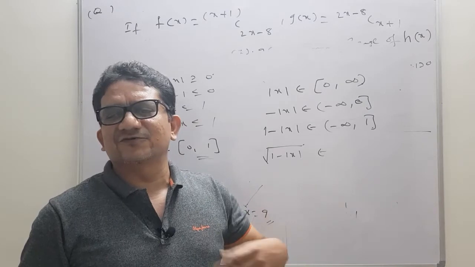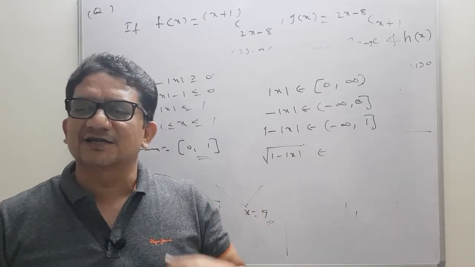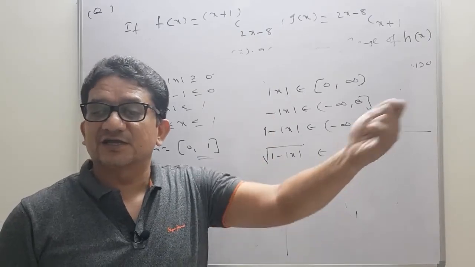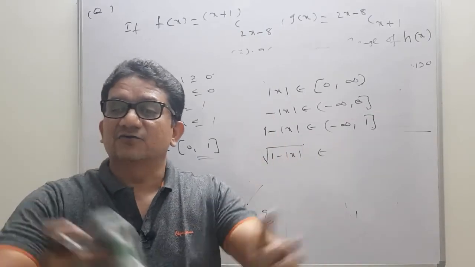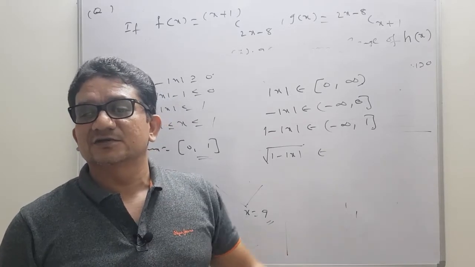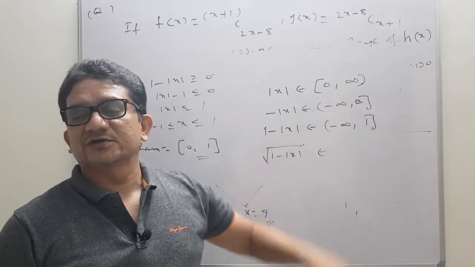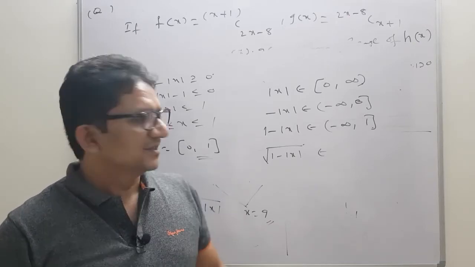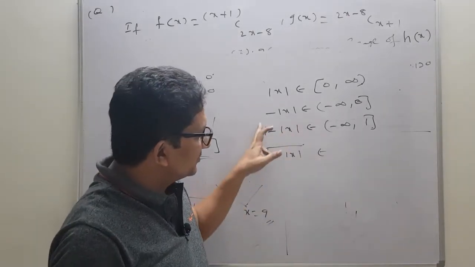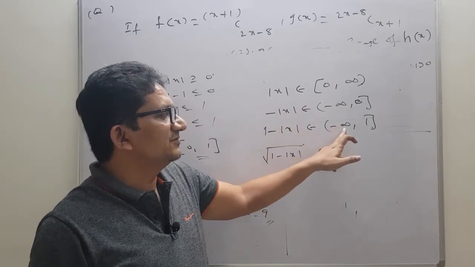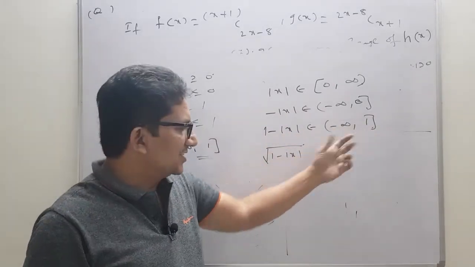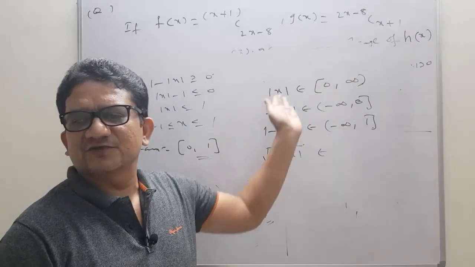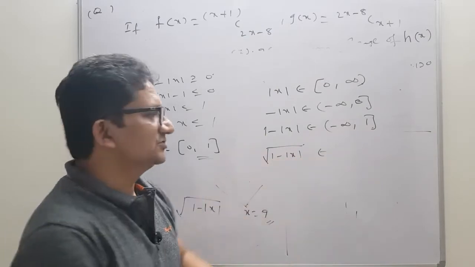Beyond the capacity, if you feed anyone, they can't eat, they will vomit it. Simple logic we need to remember. You are inviting a 3-year-old boy for dinner and you keep 50 varieties for him, what will he do? He will immediately look at his mummy only, because he can't eat and he can't digest all those things. The same thing here: even though it is generating an output between minus infinity to 1, the root function can't digest negative values. So that's why we need to give only 0 and positive values only.